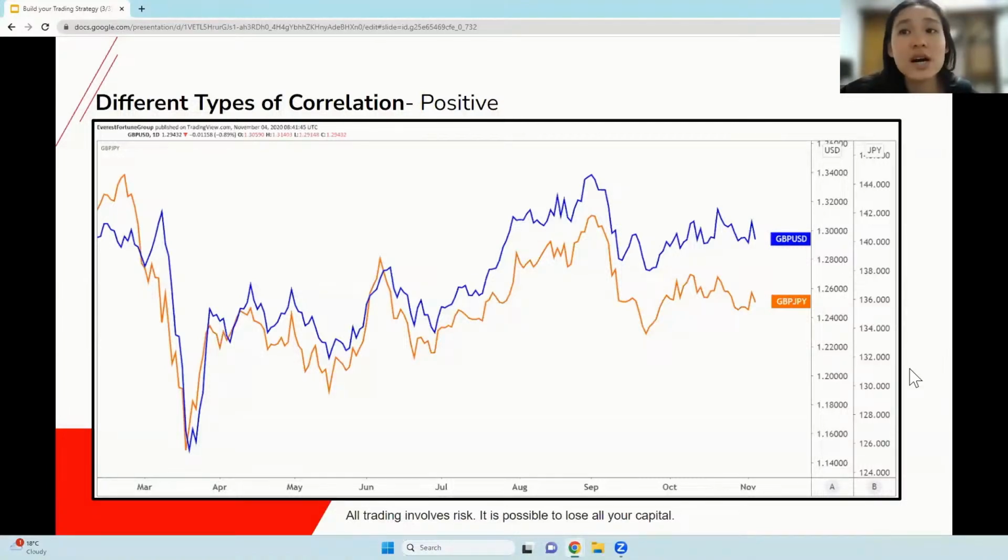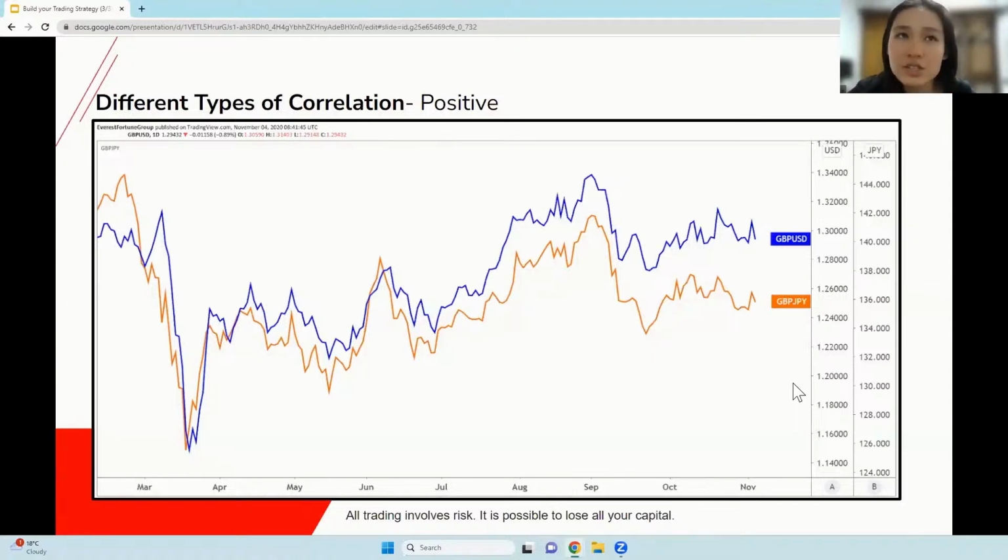In this case, we are looking at pound dollar as well as the pound yen, and you can see that at this point in time, they are pretty much the same shape as well. So if you are analyzing the pound dollar, just solely by technical analysis, not taking into account any news events or policy decisions, you can pretty much implement the same analysis for your pound yen, since they are almost the same and very positively correlated at this point in time, in this example.